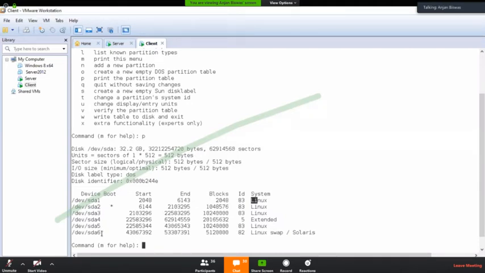Okay, so now see what is start and end. Try to understand. That is the advanced part of disk partitioning. Start in the sense starting cylinder, end in the sense ending cylinder. So the hard disk should be divided